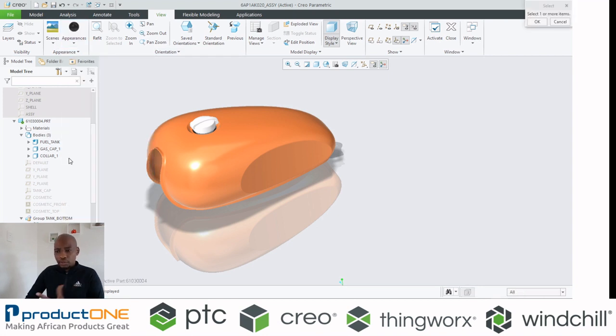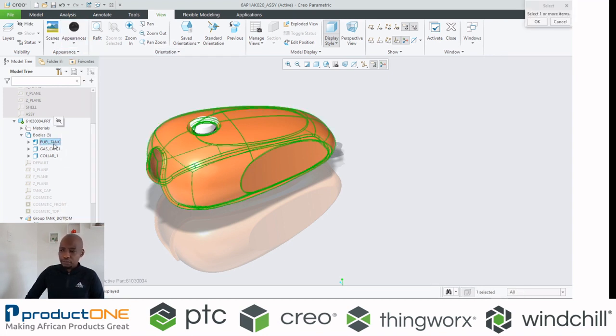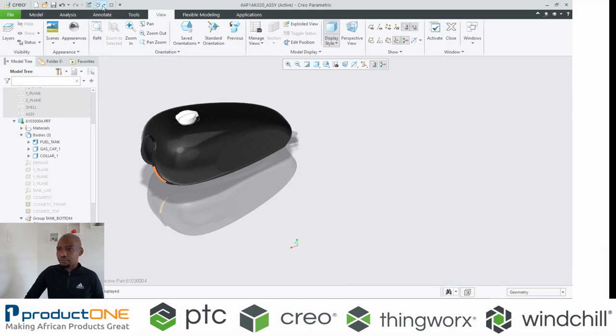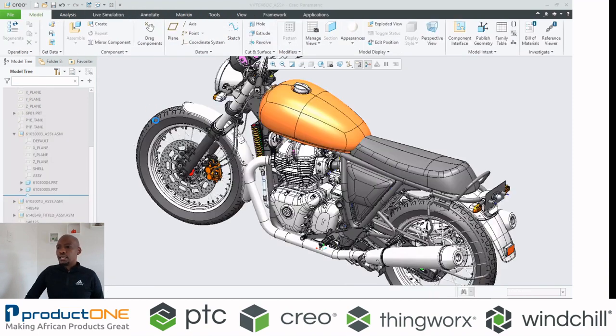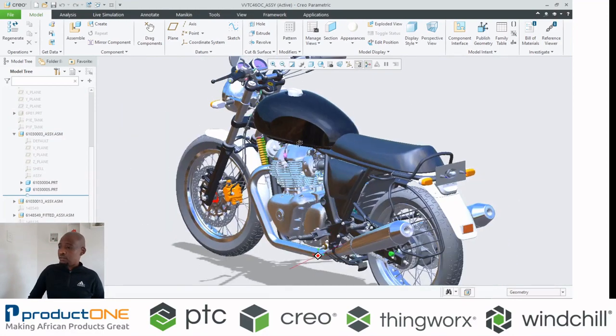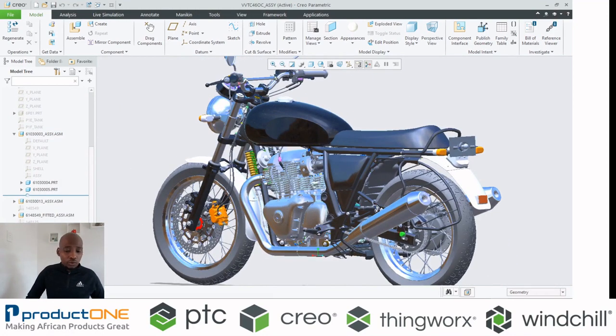So I can say I want to spray paint this, let's say, black. I can select only the body and make that black. And I can also select the fuel tank and make it a different color, for example. All right? So I can say, take these two and give it maybe, I don't know, let's make it that color. All right? And last but not least, when we go back to our main assembly, this is essentially how our fuel tank design looks.